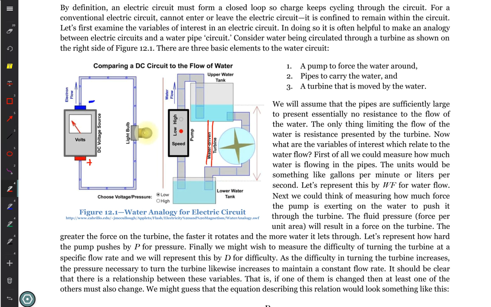Is water going to go through the turbine if I have that other pipe there? The water doesn't freely flow through the other pipe because it's kind of narrow. So is it going to flow through both or just one? It's going to flow through both. But what's going to happen to the amount of water that flows through the turbine? It's less because you have it splitting between the two pathways. And so the total current is split between two things, and the actual amount going through one is smaller,